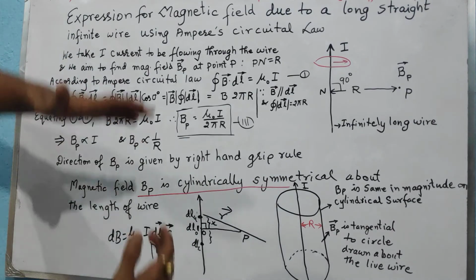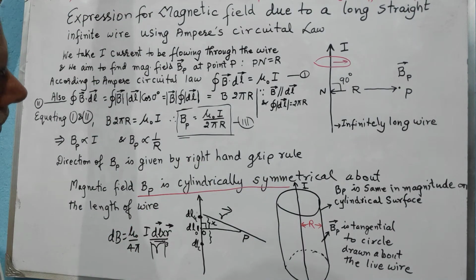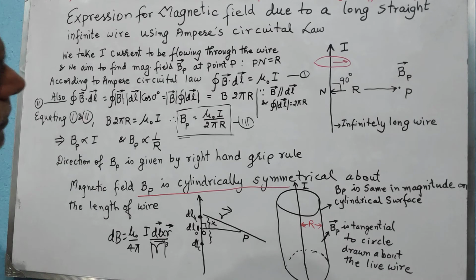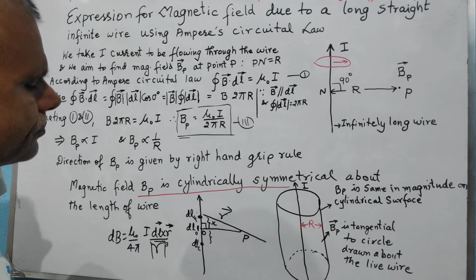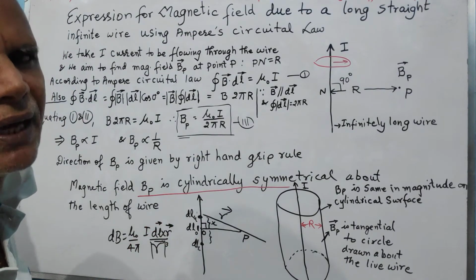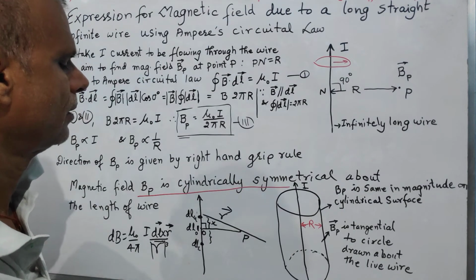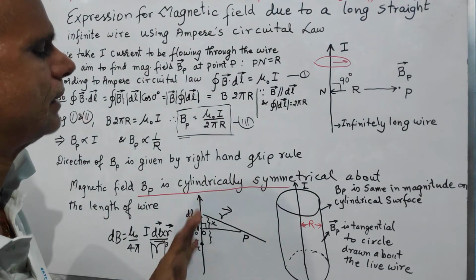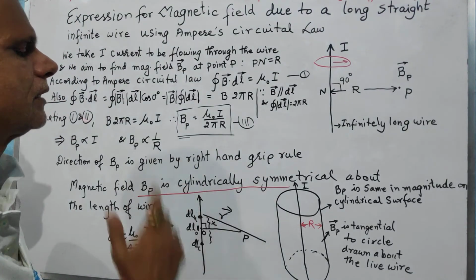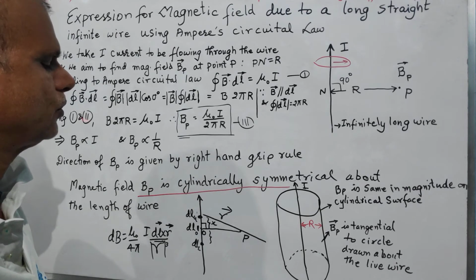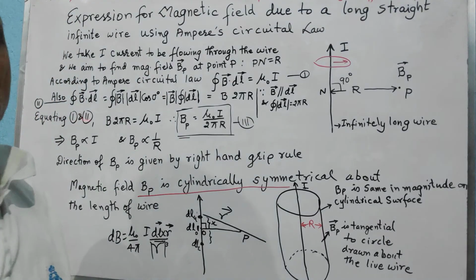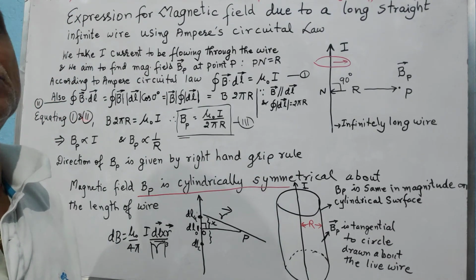If you imagine a case where the wire is at infinite distance, then what will happen? The magnitude of magnetic field will be 0. Apply this, expand it and put the value of sin theta, you will get that. So you must have got some idea about the magnitude of magnetic field. Of course, the direction of magnetic field is now clear to you, and I believe you have also got some idea about why the magnitude is not becoming infinite.